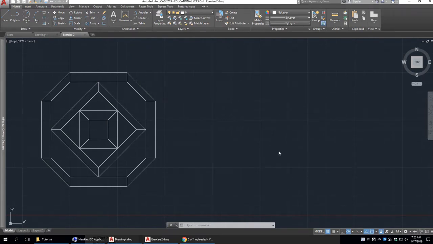Alright, this is a tutorial for exercise number 2 in the 2D CAD book. This is what we're going to be drawing, and it's not very difficult. It's pretty simple if you know all the right commands to use. So let's get started, and as we do, I want you to notice down here, it's blue, so it's turned